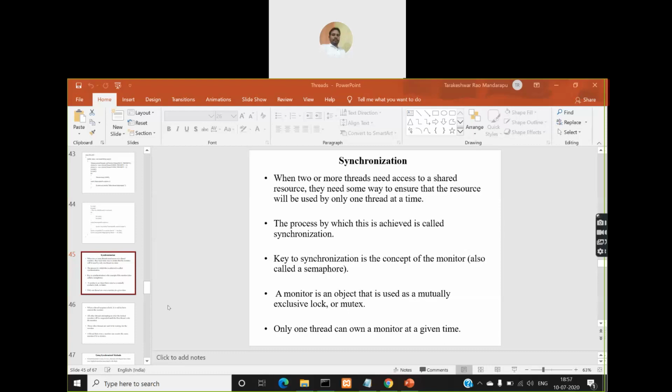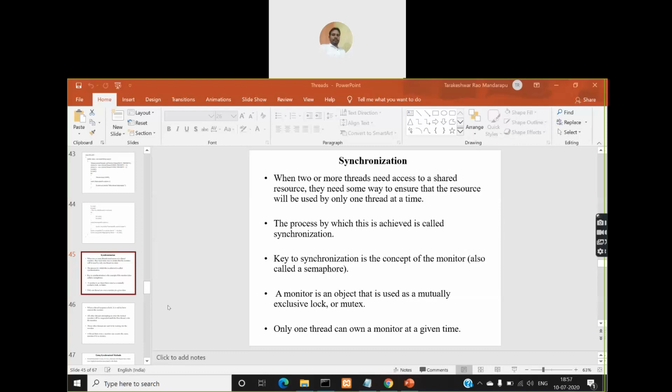So whatever entity is required to complete the execution of a particular thread, we call it a resource. So examples of resources are: it can be a file, it can be a database, it can be a memory device, that is RAM, right? And input and output devices can also be considered as resources. There may be multiple instances of a resource. For example, files: there will not be only one file on a secondary memory device. There may be multiple files, right?